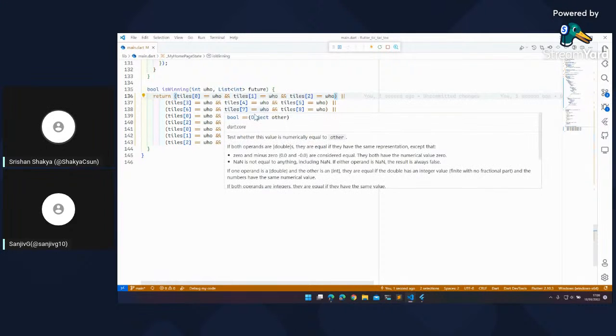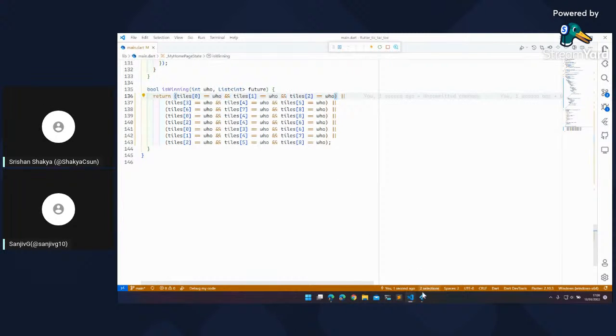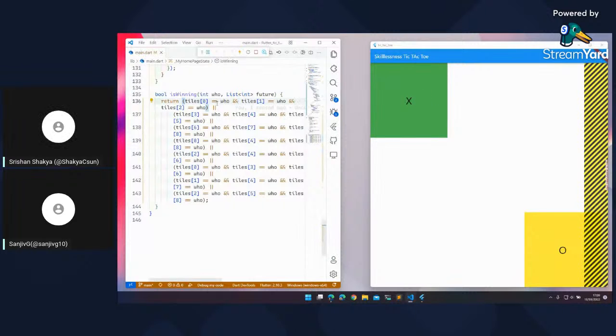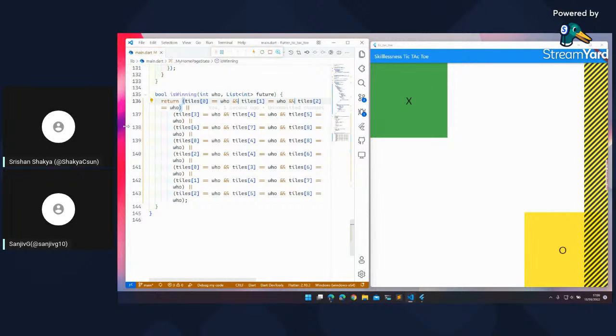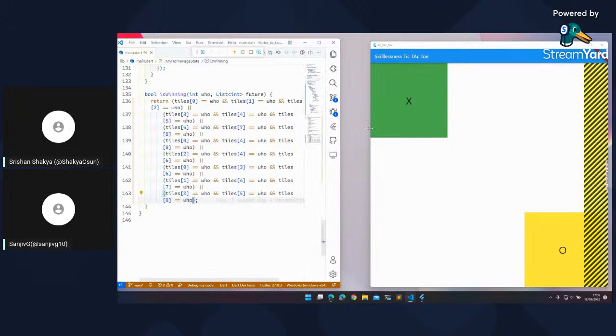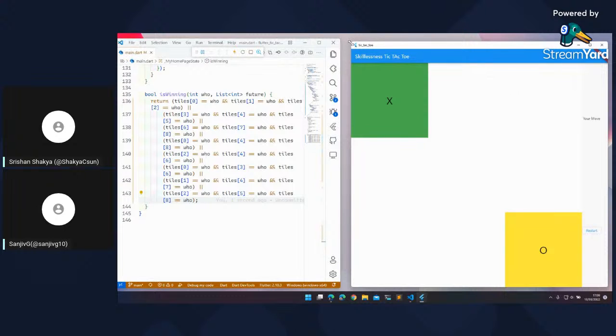Now the logic works because, as we discussed earlier, can I make this a little bit nicer looking? So 0, 1, 2 is this, 0, 1, 2.